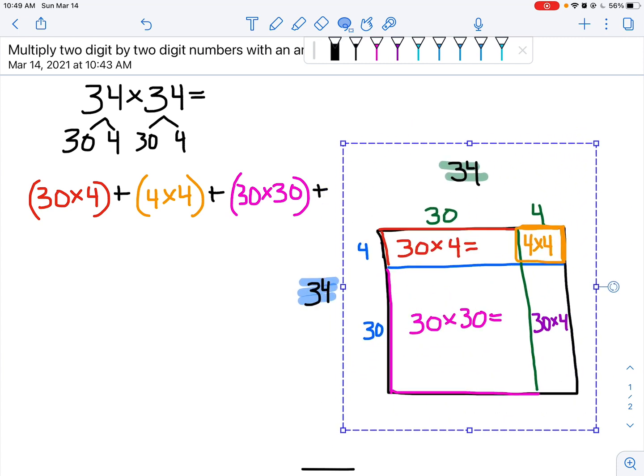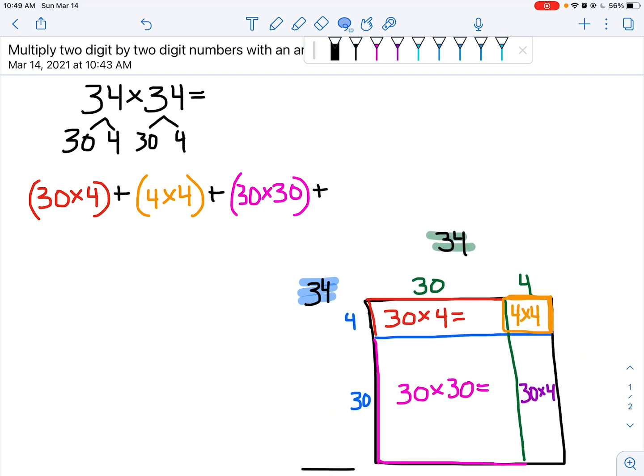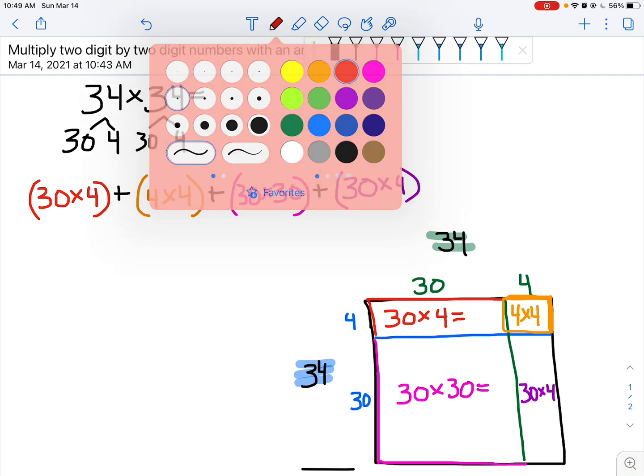Hold on a second. Try again. Move this down a little bit and move this over a little bit. Here we go. All right, and then the last one was 30 times 4. Okay? So now we have 4 different equations that we're just going to solve, and then we're going to add